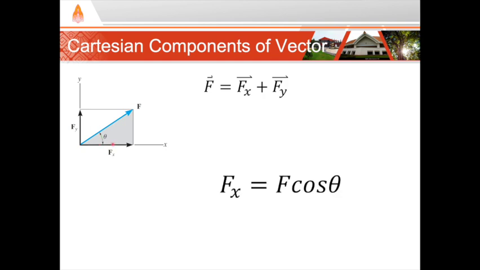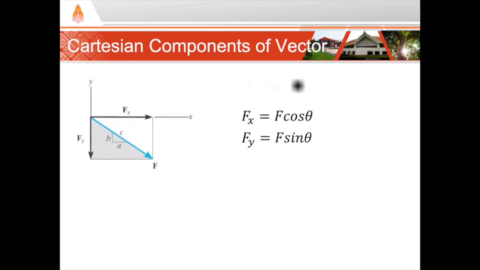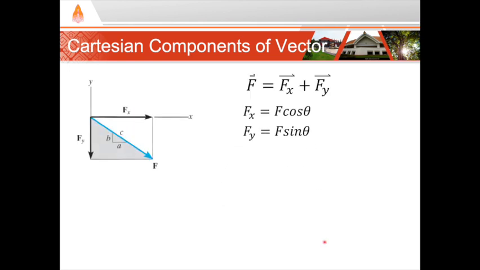from the x-axis. So we see that the magnitude of Fx is equal to the magnitude of F times cosine of the angle theta. And the magnitude Fy is equal to the magnitude F times sine of theta. And if we know the ratio of the height to width, we can use that information instead of the angle theta. So for example, if we know the ratio of A to B, we can use that information to solve for the magnitude of Fx this way, rather than using the angle theta.